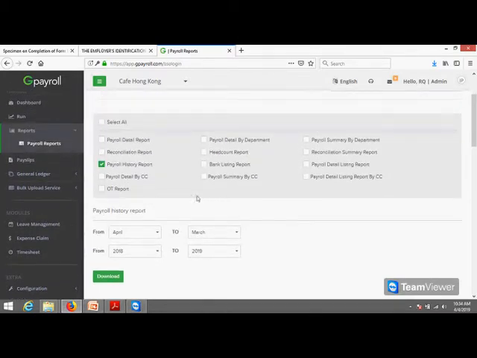When you generate the payroll history report, just run through to see whether there is any discrepancy or incorrect values. If there are any incorrect values, you can highlight them to our support team, and we will see whether we will be able to update the values through the backend. But usually for such cases, it should not be